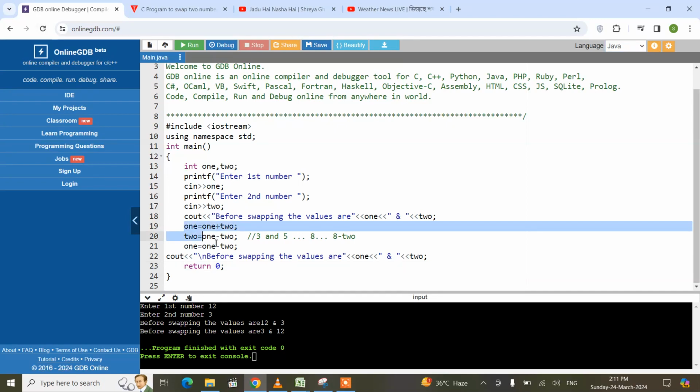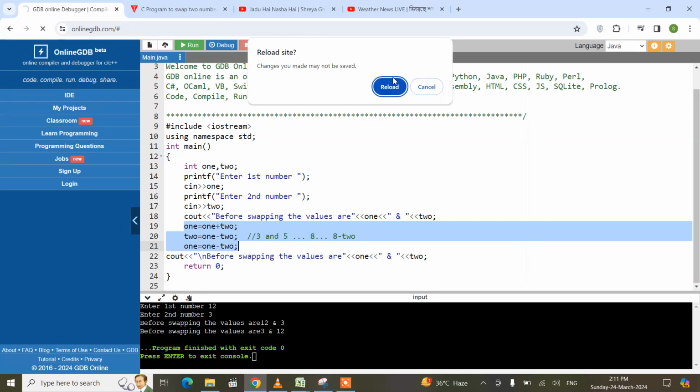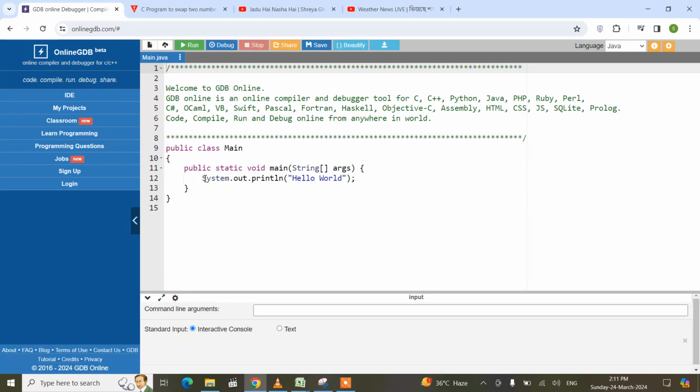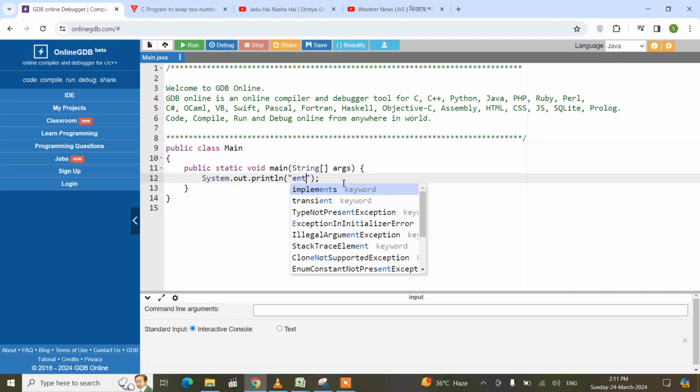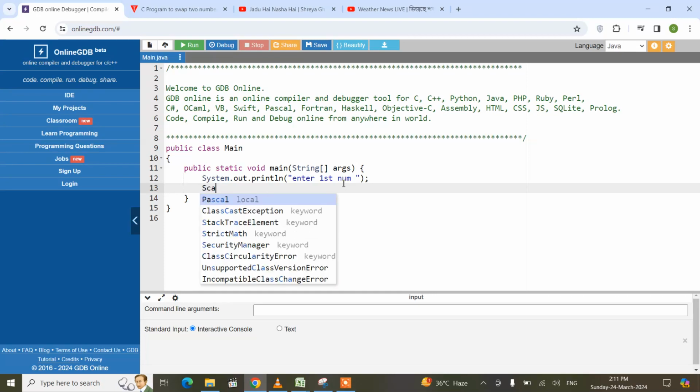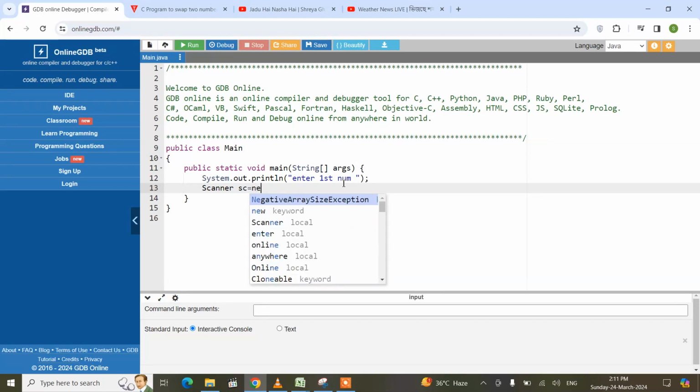We'll be copying this particular portion of code so that I don't need to type it once again. Let me reload the page and choose Java. Here is public static void main. So here instead of hello world it will say enter first number, and it will be within scanf, not scanf, sorry. We need to declare Scanner. Scanner sc equals new Scanner